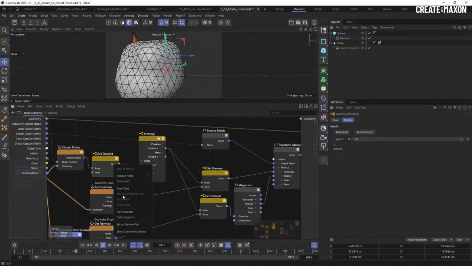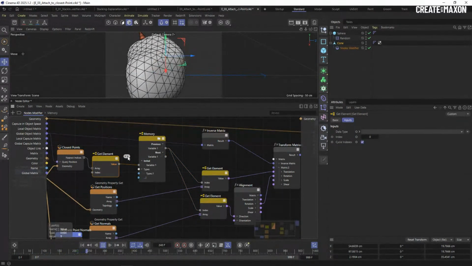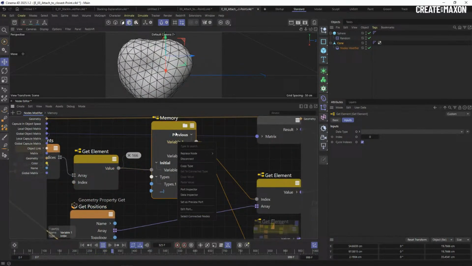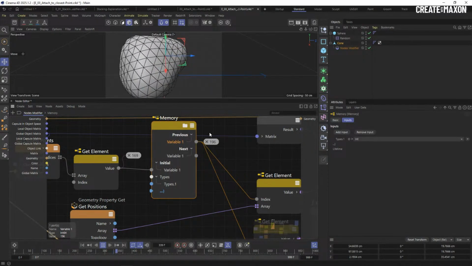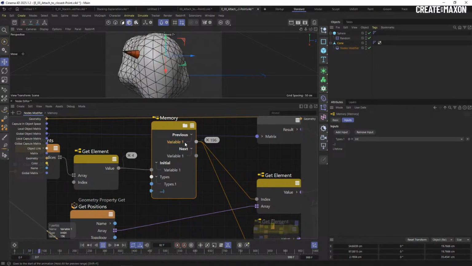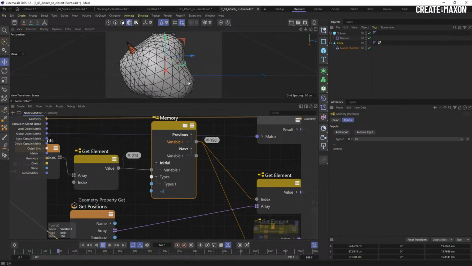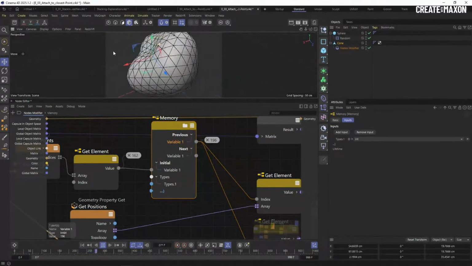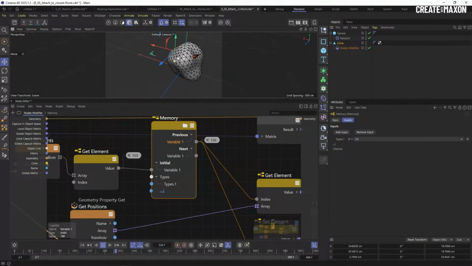So maybe we can check here with the port inspector. You see this actually changes, but because we store with the memory node, we stored it on frame 0. So also the port inspector. You can see this one changes, but here we stored the first found point,